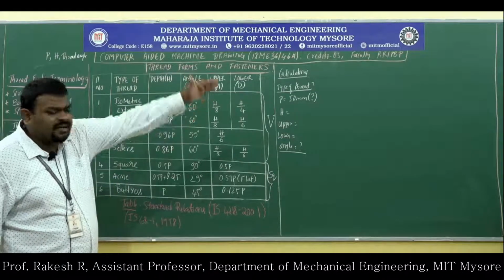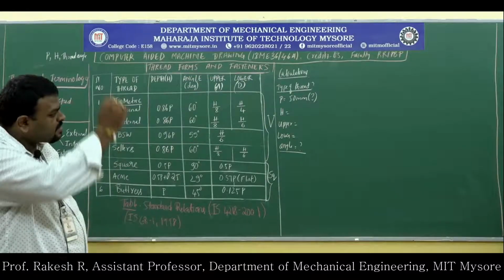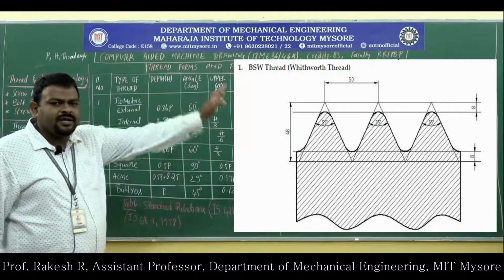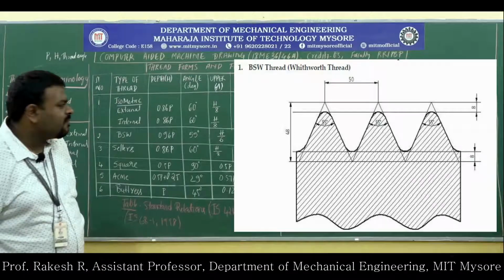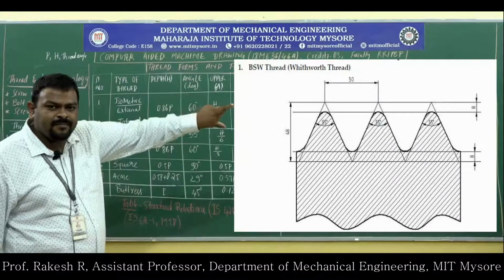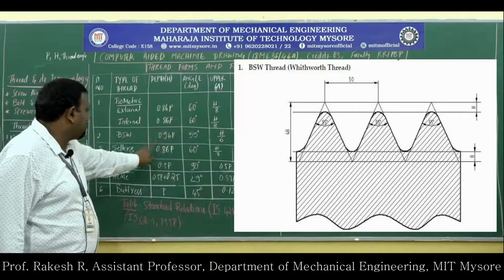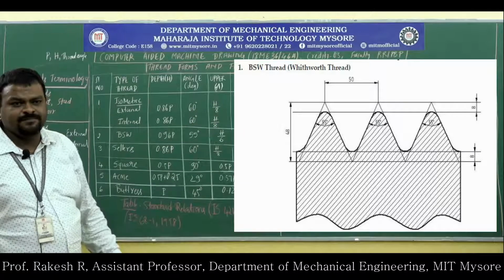BSW, again here addendum and dedendum both are the same dimension, h by 6, h by 6. You have to show the calculations. On the right side, while drawing the profile, you have to show that in dimension. What is the value of pitch? 50 mm, that is shown. What is the value of h, depth of cut? It is 0.96 into p, 43.2, that value you have to write.